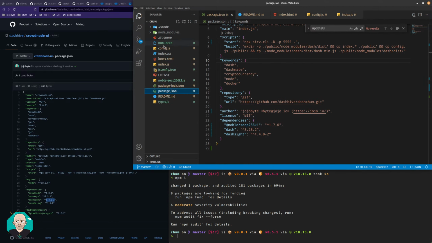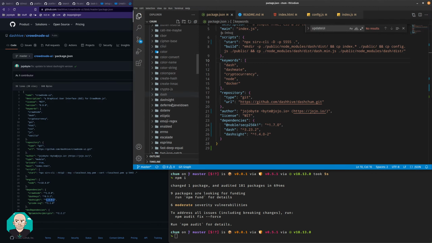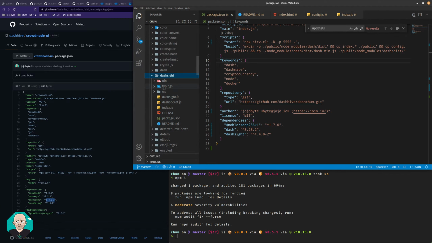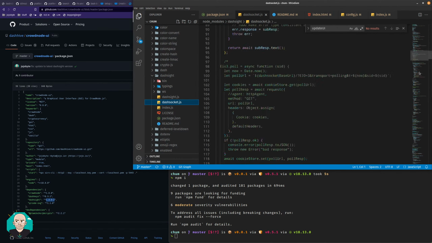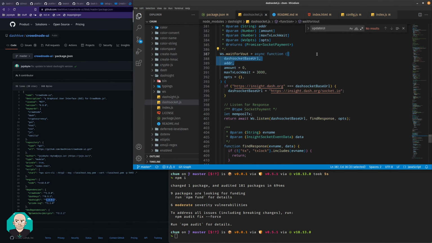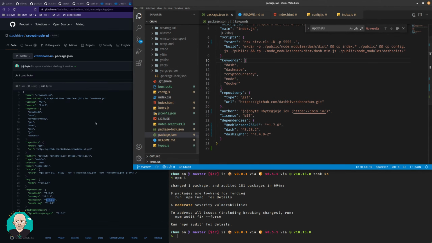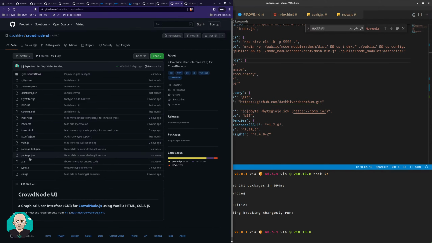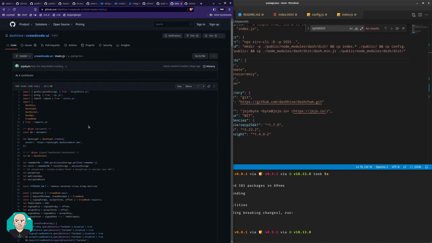And then if we come into node modules and find dash site right there, and then check the dash socket and scroll down, we should have that wait for Vout function. Yep. Otherwise that wouldn't be there. But with it there, we can take a look at here and